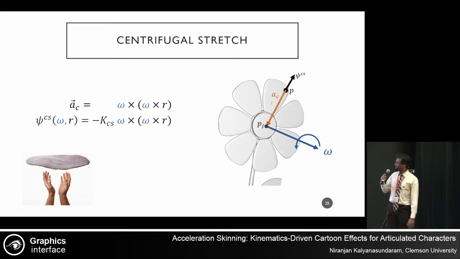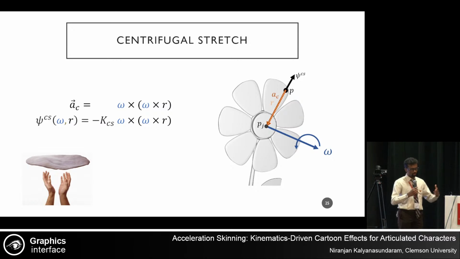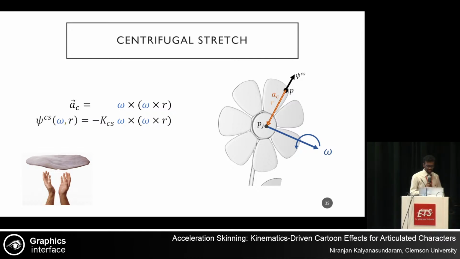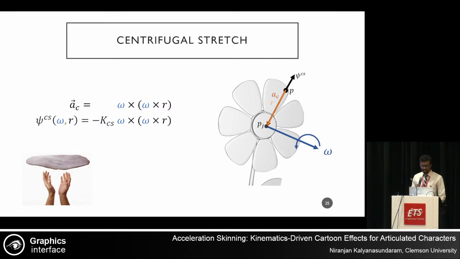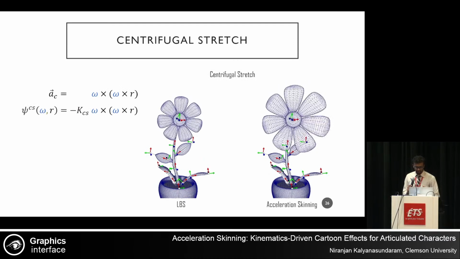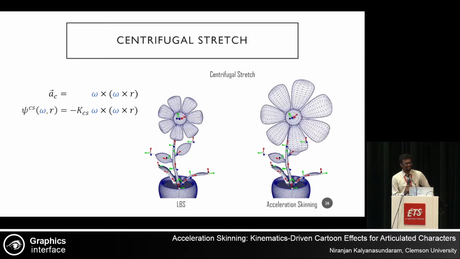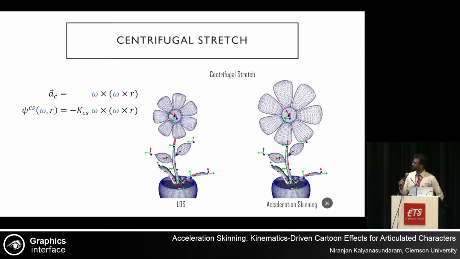Well, we know from math that centripetal acceleration exists when you have rotational motion, but this acceleration acts inwards. We know the dough goes outward, right? So this, instead of centripetal acceleration, is just a centrifugal effect. So what we did is take the equation for centripetal acceleration, negate it to switch the direction, and then add a single user controllable parameter to control how intense we want the effect to be, and voila. We have a very stretchy flower, which we call centrifugal stretch effect.